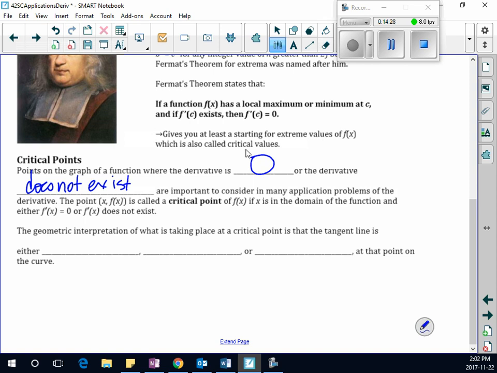The critical point (c, f of c) is called a critical point of f of x in the domain of the function if f prime equals 0 or f prime does not exist. So the geometric interpretation of what is taking place at the critical points is that the tangent line is either horizontal, vertical,